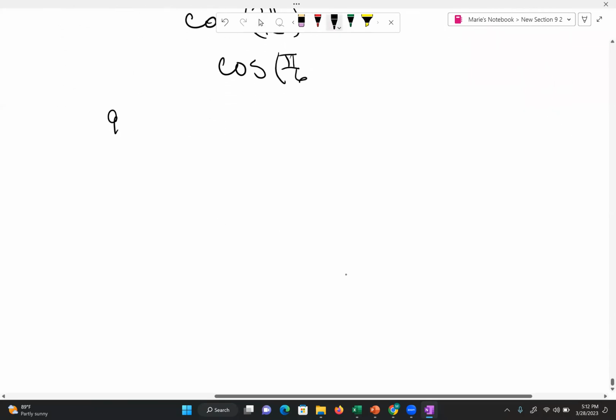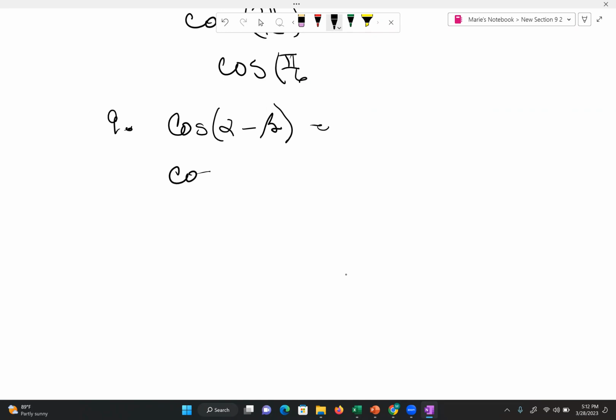All right, question number 9. In question number 9, they're giving you, in this question, complete the identity is what they're asking you to do. This is cosine of alpha minus beta, which comes to cosine alpha cosine beta plus sine alpha sine beta,